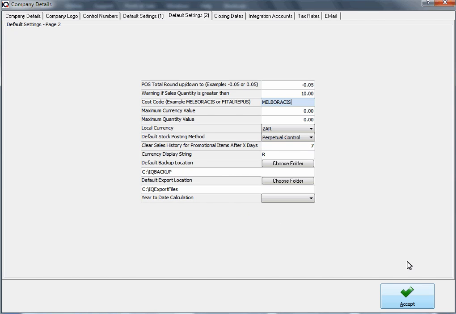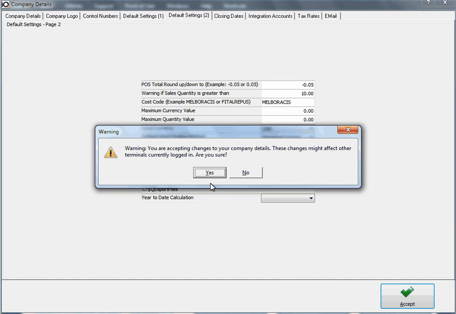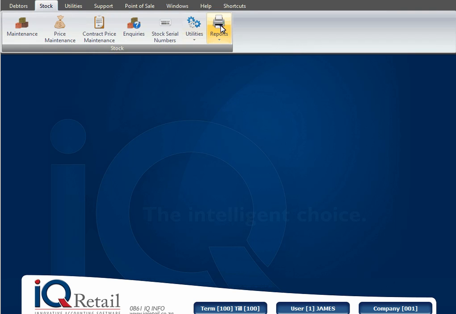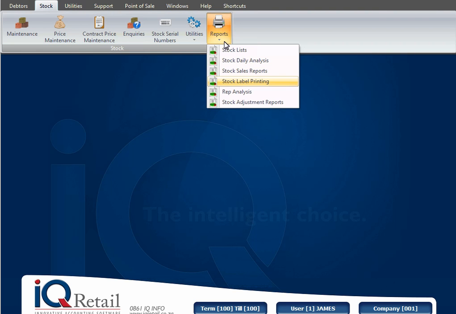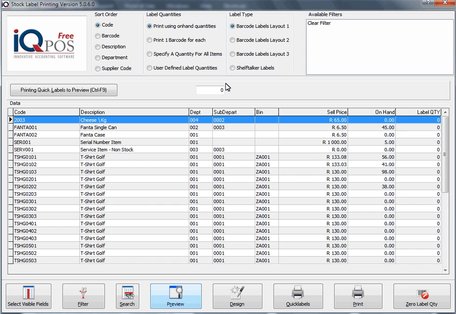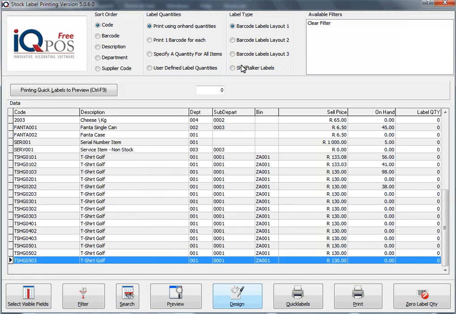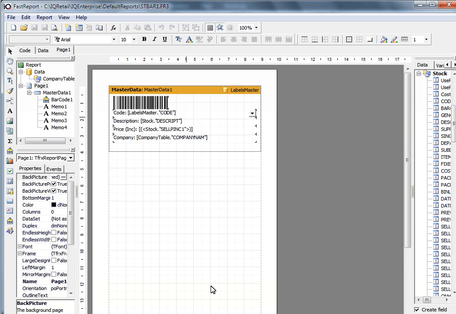Let me show you. I'm going to close the Default Settings 2 option under Company Default. And we're going to say Stock Report. And we're going to click on our stock label printing. If I click on Preview here, you will see I don't have a cost code on my label yet. So what you've got to do is you've got to click on Design,